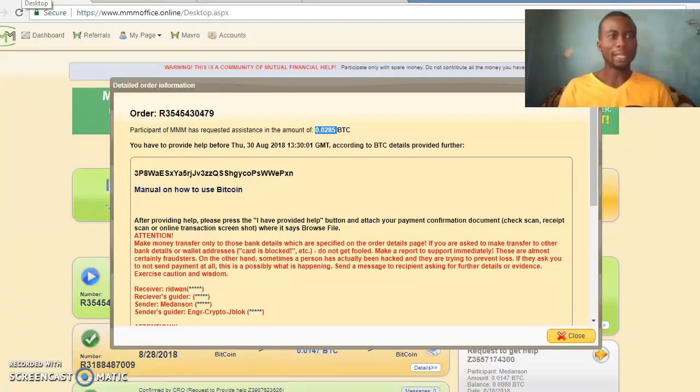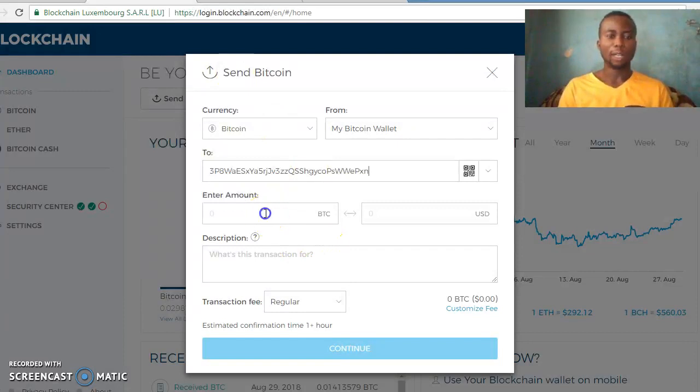Then the amount, you go back again and check to be very sure. Okay, I paid 0.0285. This time I don't type in dollars, you type in Bitcoin, the BTC value. That is, I paid 0.0285 BTC. You can see it. So automatically the value I paid in dollars is 201. You are less concerned with this value. This is the value you are concerned with in mmmglobal.io. So you should be very sure. Don't underpay. Pay the actual amount.